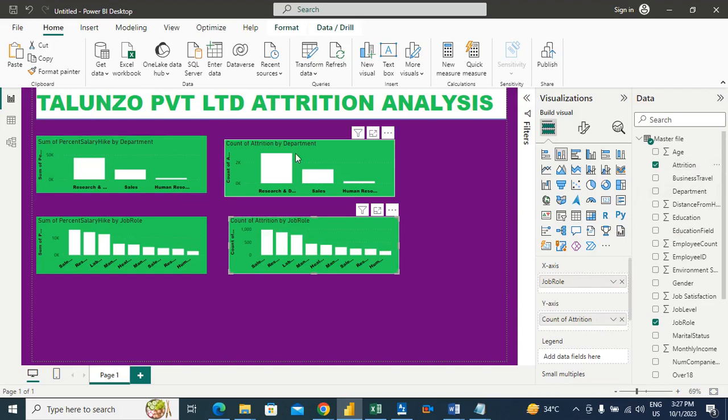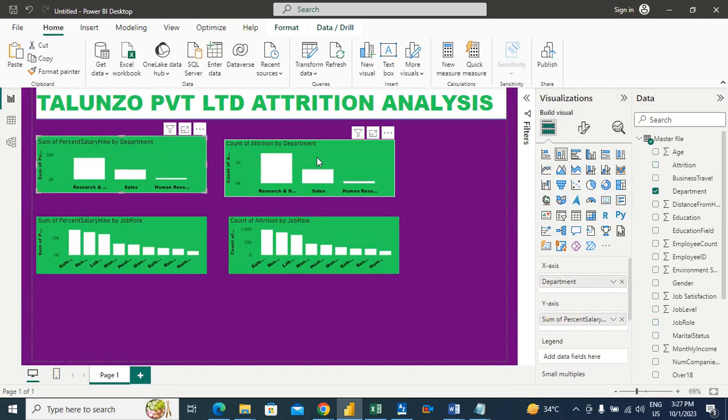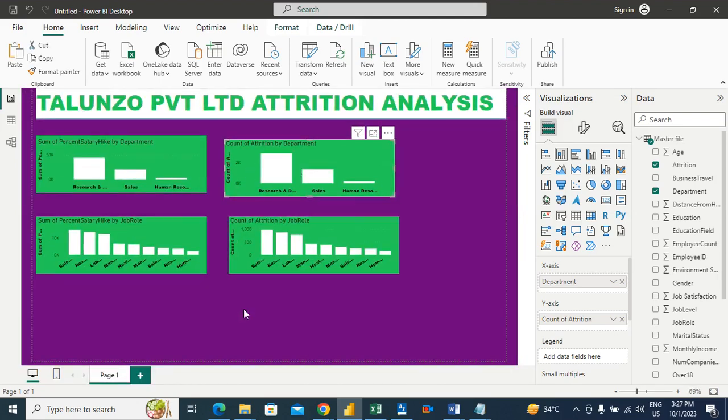So as you could see, let me enlarge this once again. Research and development and sales, they've got a good percentage salary hike, yet if you come here and you find out that attrition is still high, which means the salary hike is not solving the